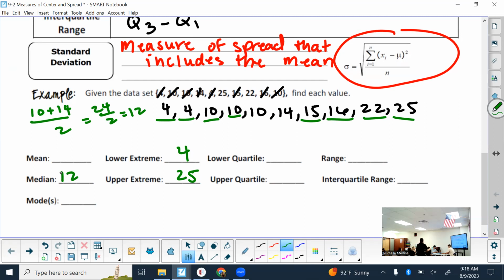What's my mode? Okay. Only one mode in this one? Yes. With 3 tens, no other number repeats 3 or more times. Okay, so we'll pause it there for today. We'll do the rest of them tomorrow. So even with your other math, you know, take